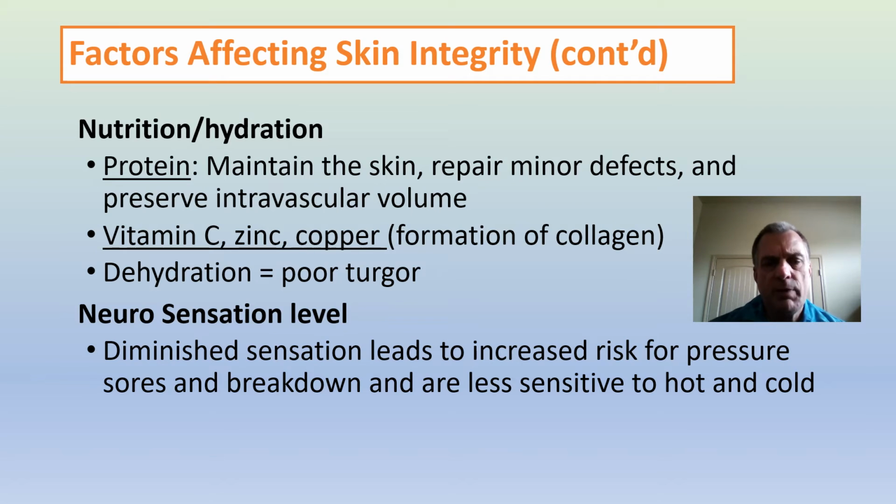And then we already talked about the neural sensation levels, diminished sensation, which is the number one risk factor for patients at risk for altered skin integrity and increased risk for their skin to be broken down, especially by injury or trauma, because they have loss of sense to not only touch and pressure, but also heat and cold. So a bath for you and I, we can sense if it's really hot, but for them, they may have a scalding burn